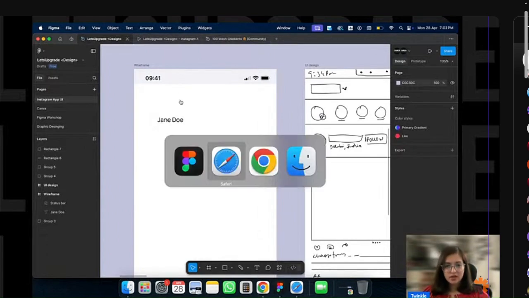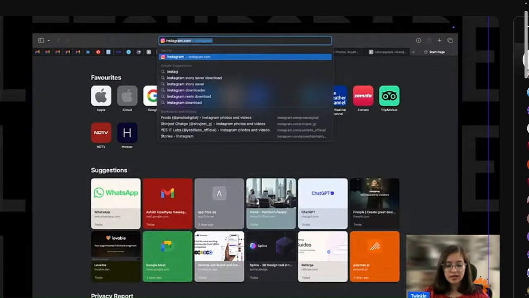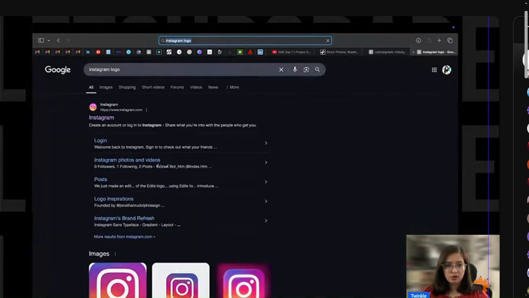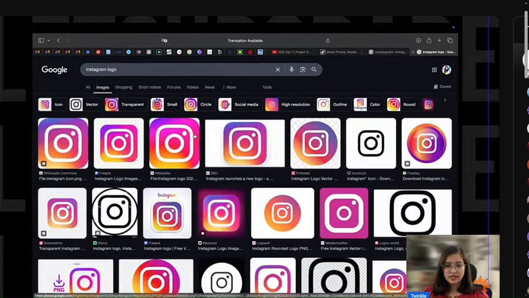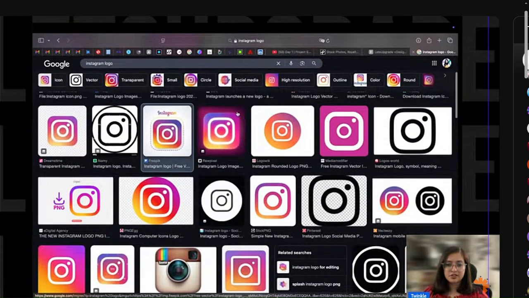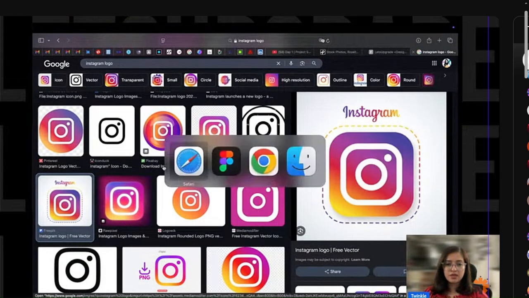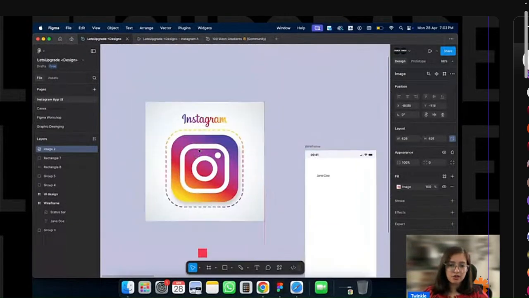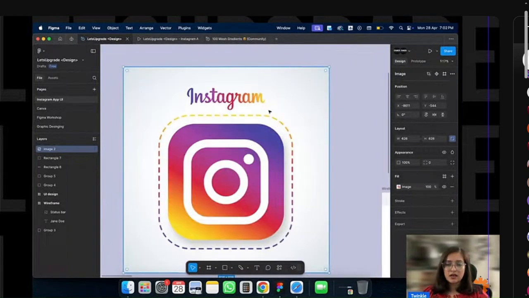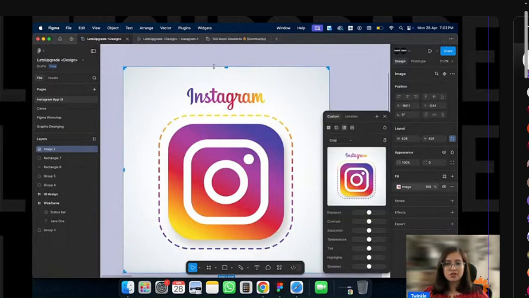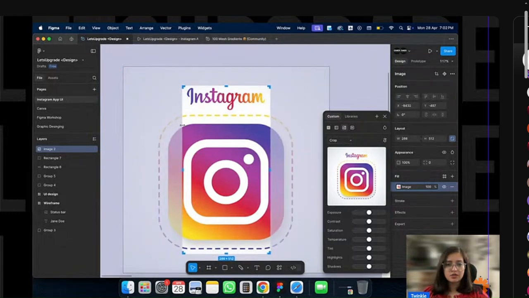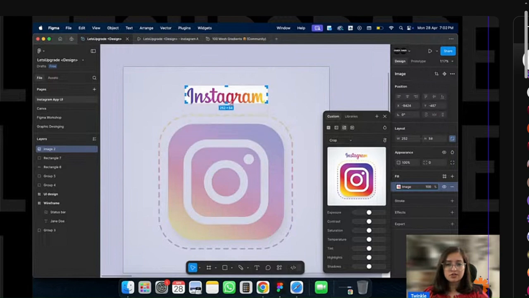Okay, I'm just gonna go back and find the Instagram logo. I think I need the text Instagram written and not the icon. So right click, copy, go back to Figma, Control V or Command V, paste it. And when I've selected an image, you can see that I have certain options. Crop image. I need to crop this image. So I just need the logo for now. So I'm just gonna remove all the extra space around it